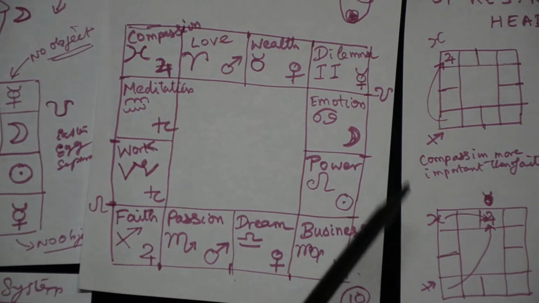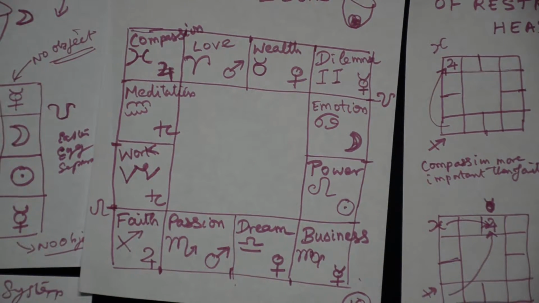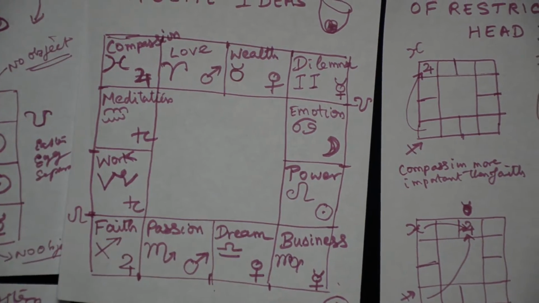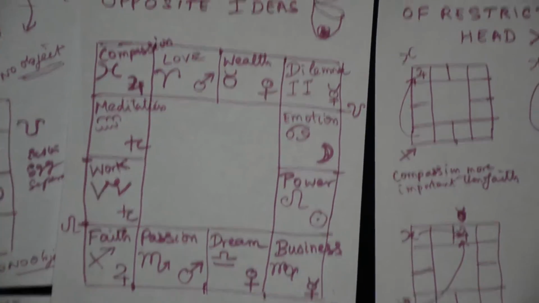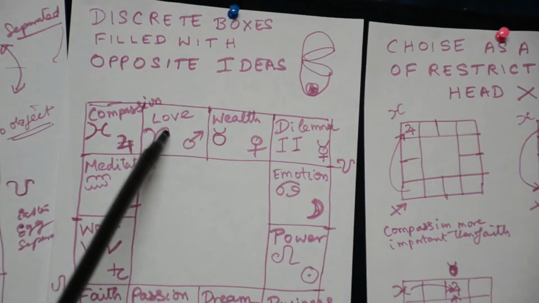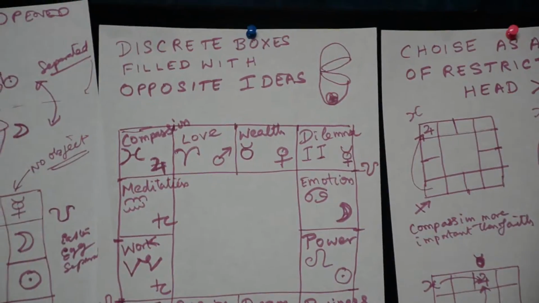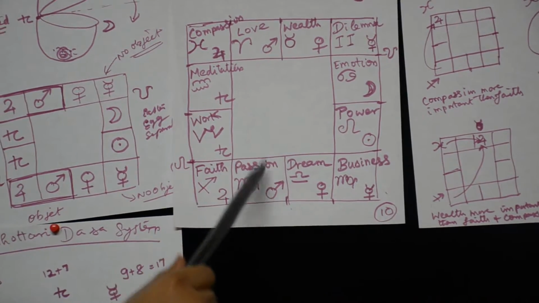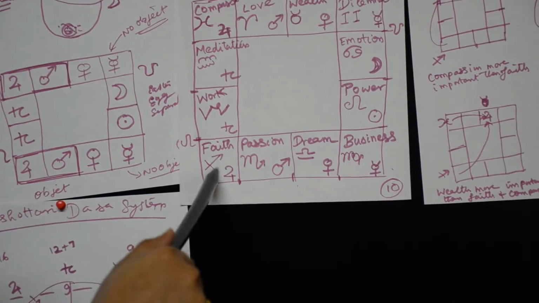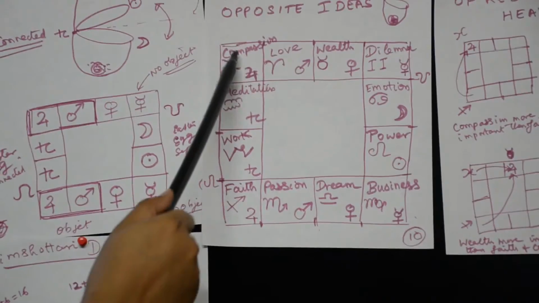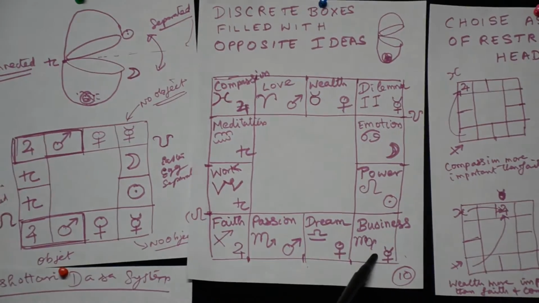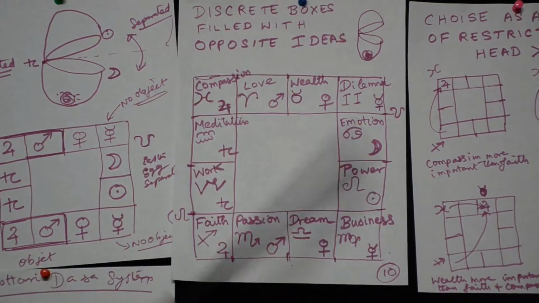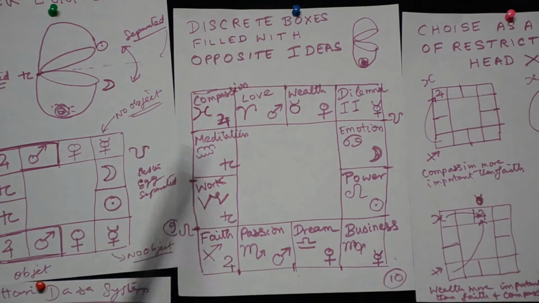So all these ideas you have to understand are abstract ideas, and these are all called rasis: Aries, Taurus, Gemini, Cancer, Leo, Virgo, Libra, Scorpio, Sagittarius, Capricorn, Aquarius, Pisces. What this means is these are all abstract ideas, abstract opposing pairs of ideas,